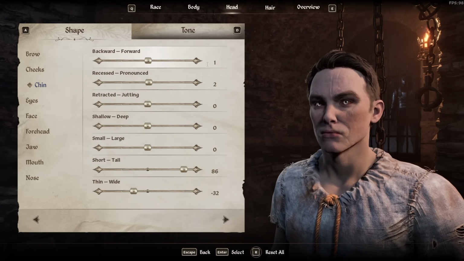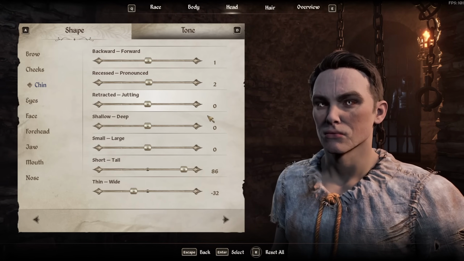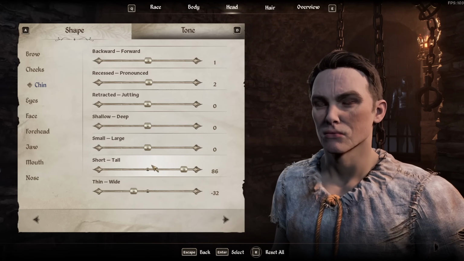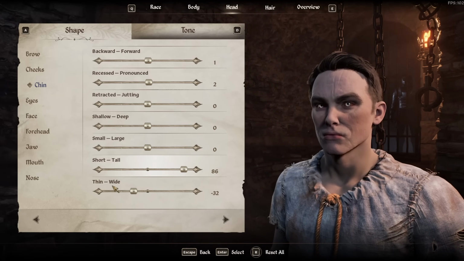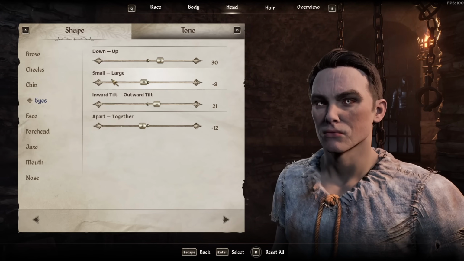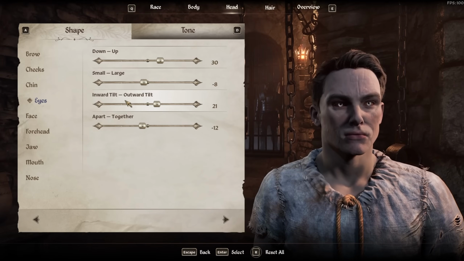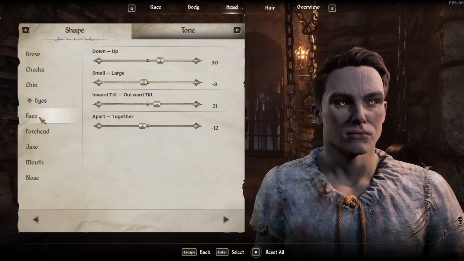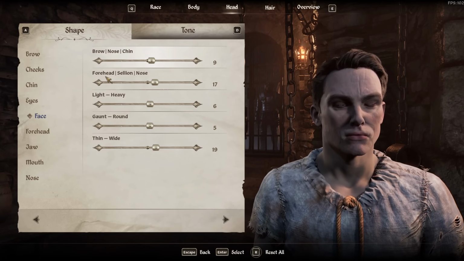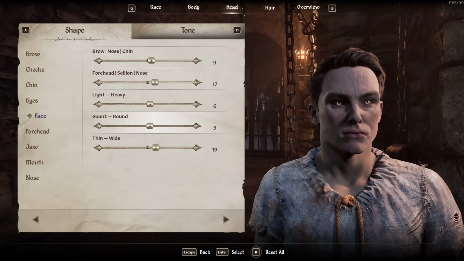For the chin, backward forward 1, recessed pronounced 2, retracted jutting 0, shallow deep 0, small large 0, short tall 86, thin wide -32. For the eyes, down up 30, small large -8, inward tilt outward tilt 21. Apart together -12. For the face, brow nose chin 9, forehead sellion nose 17, light heavy 6, gaunt round 5,